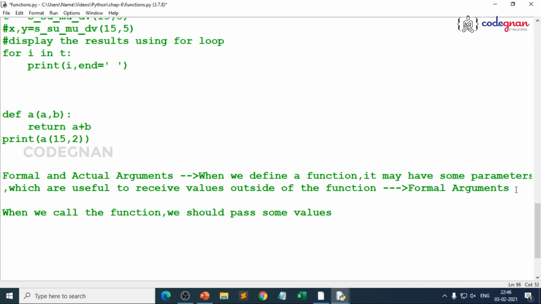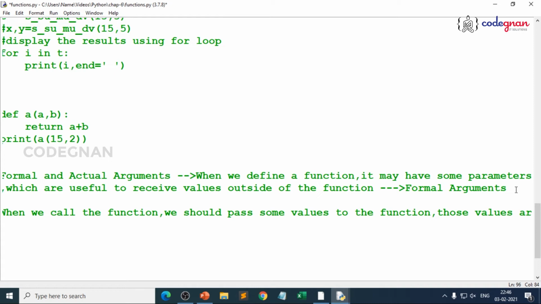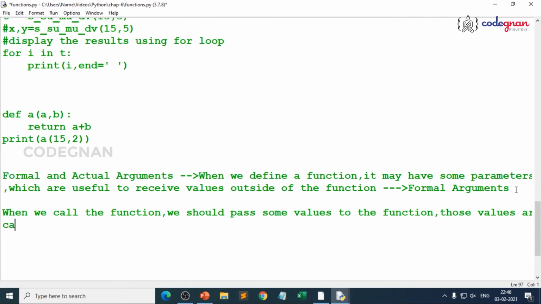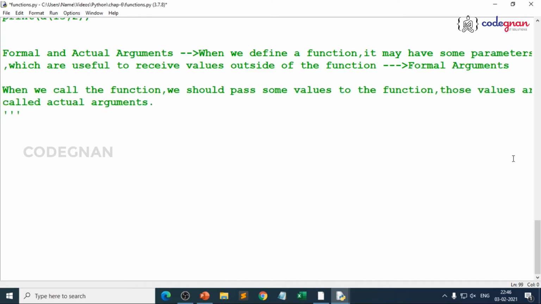Then the function will be executed. Those values are called actual arguments. That's where formal and actual differ. You think both are the same? Yes, we need to match them, but internally both definitions are different.